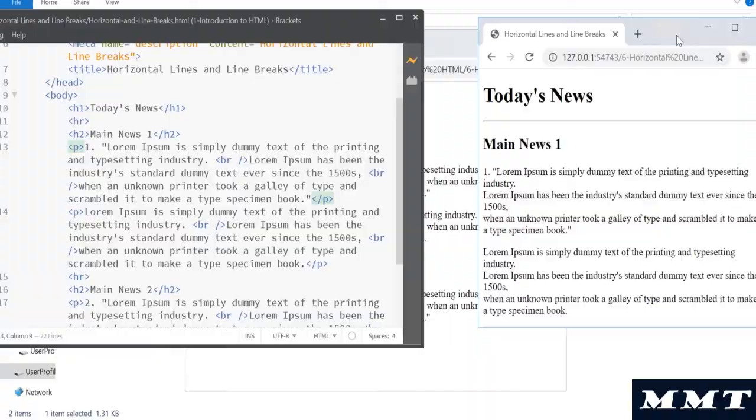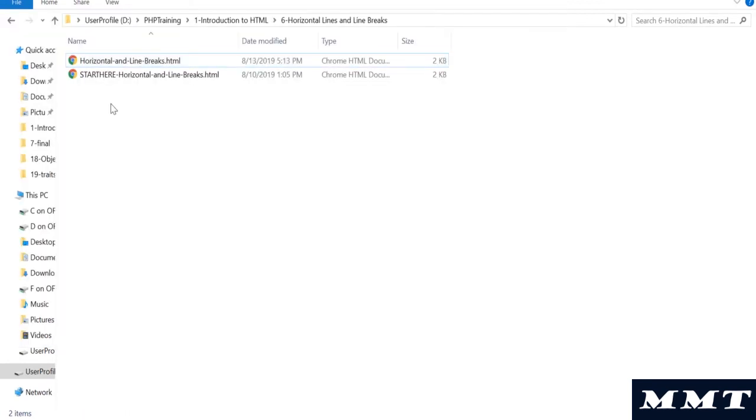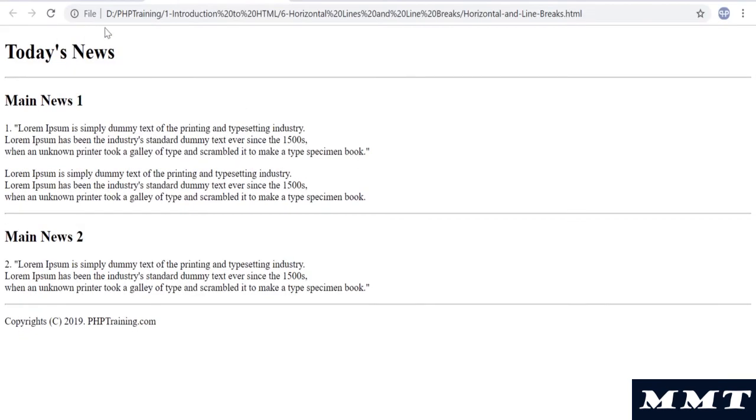Okay, so now if you open up the page, you can see it's nicely formatted. Let's close this up and open our actual file, in a full view mode. Now you can see the new lines are properly added, and then you have a horizontal line just to segregate the section. Now the page looks much neater, and you are able to identify different news items in sections via the horizontal lines.